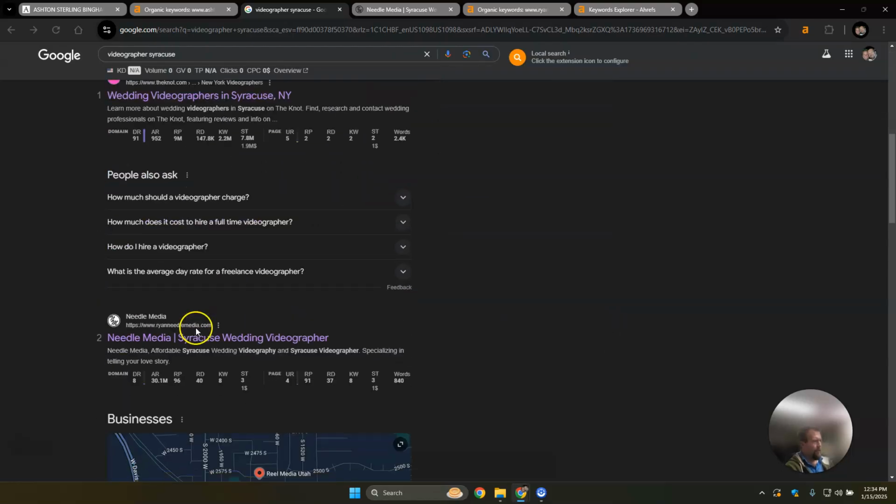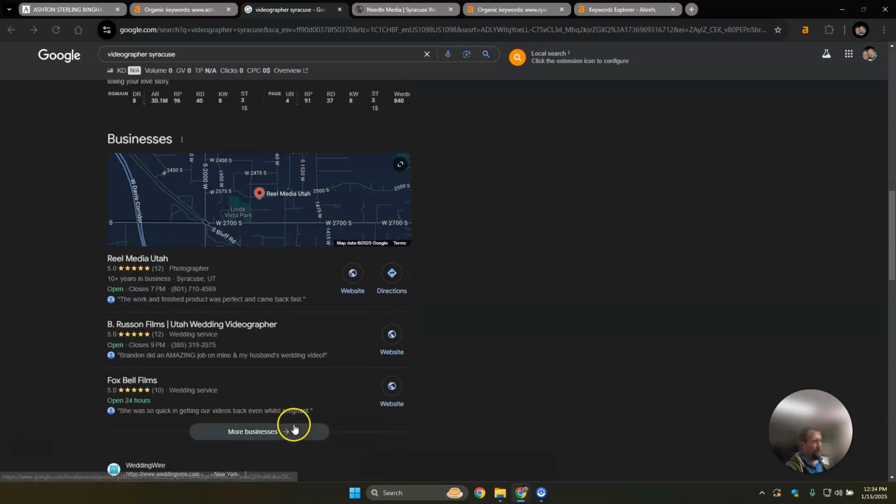And then down here is the Google Business Profile. It's okay that you're not here. I don't know the exact name of your company, but at the same time, unless it's Utah Headshots, in which case that's a different story altogether. But photographer, wedding service, so they don't have videographers right here. But to be found here, you want to make sure your name, address, and phone number are the exact same